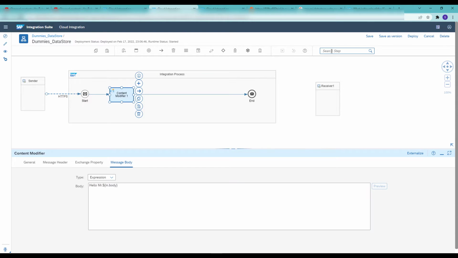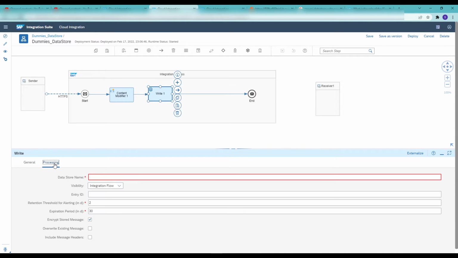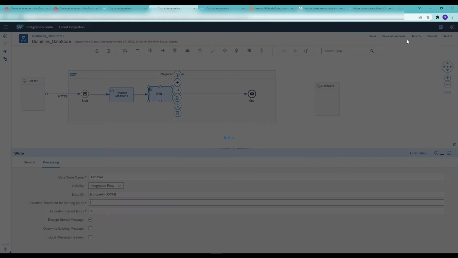Now let's add a write step. In processing, let's give the data store a name. Let's keep it simple, dummies. And we have two options, global and integration flow. We'll stick to the integration flow. Entry ID, I'll bring in the number range by typing the expression. We will leave these default values as they are. Checking this encrypted stored message checkbox will encrypt our incoming payload at the database level. Let's save